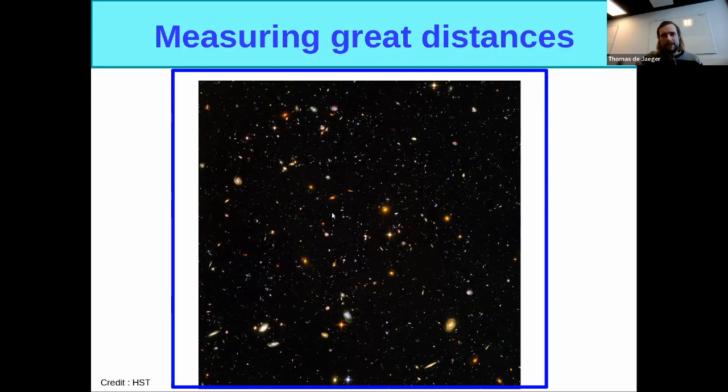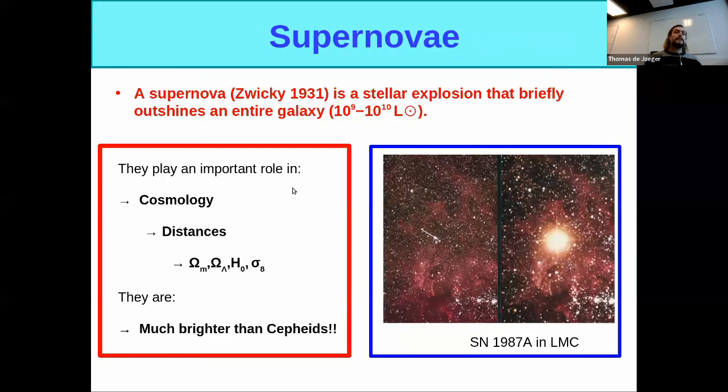You have more than 5,000 galaxies, I think, in this small image. This is only a small portion of the sky, like the size of a rice grain, or even smaller. And as you can see, it's mostly impossible to see stars or Cepheids. You cannot resolve the galaxies. So you cannot use Cepheids to measure very, very large distances. But you can use supernovae.